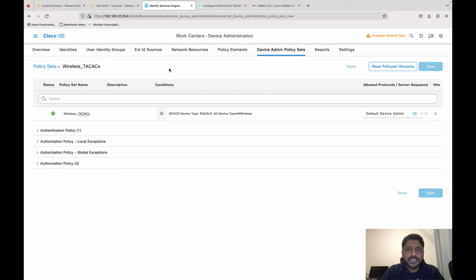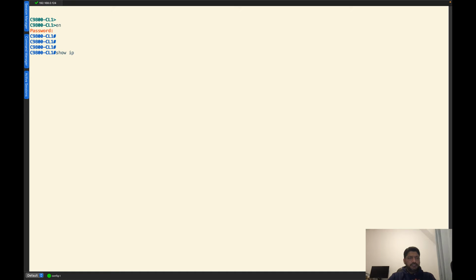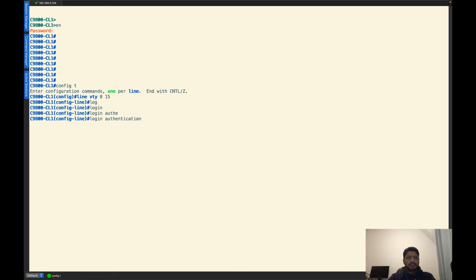Now I have done the config. I have done the global config of the controller as well. Now it's time for me to apply that config and see exactly if it works fine. Alright, so let me apply the config on the line VTY as well as on the HTTP. So config t, line vty 0 15, and then I would configure login authentication TACACS auth, and then authorization